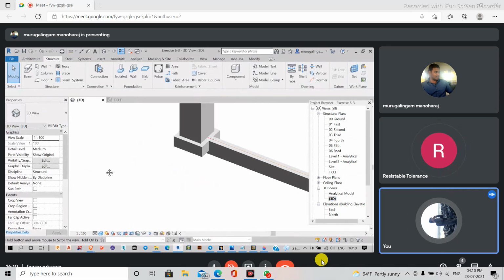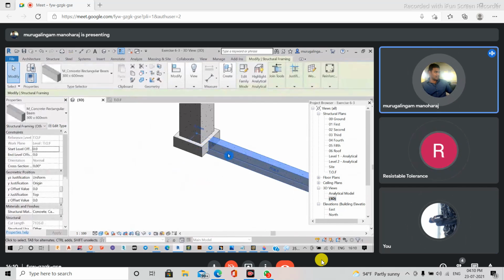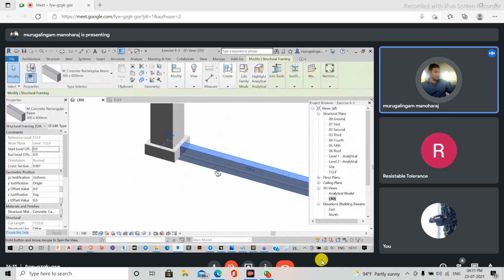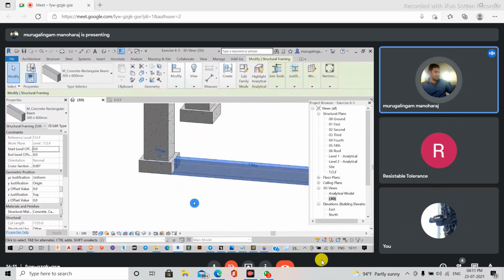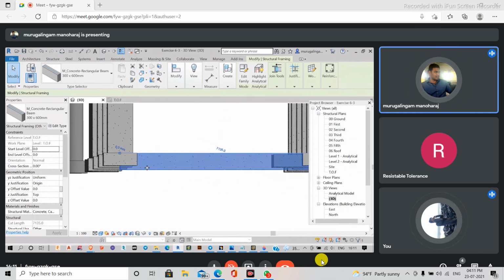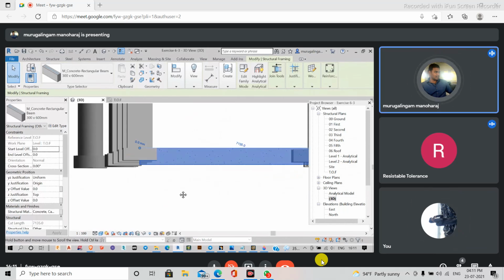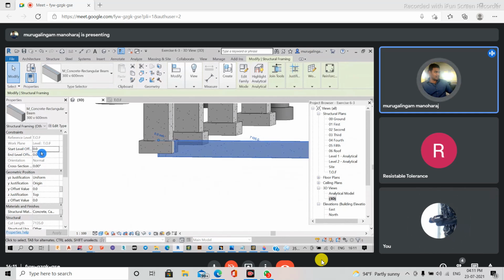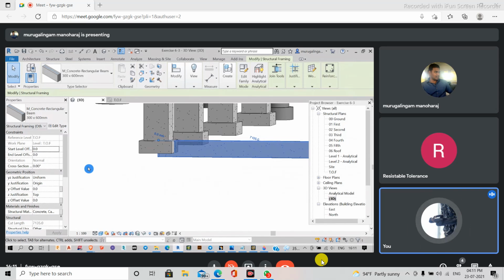And I'm going to my grading profile. This beam shouldn't actually be here in strap footing. This beam will be coming at a higher level, up to where the columns will be coming. So I will just adjust this height level. It is coming like this, and I don't want it to look like this. What I'm going to do is give the offset value for this. You are familiar with this one, right? Start level offset, end level offset.